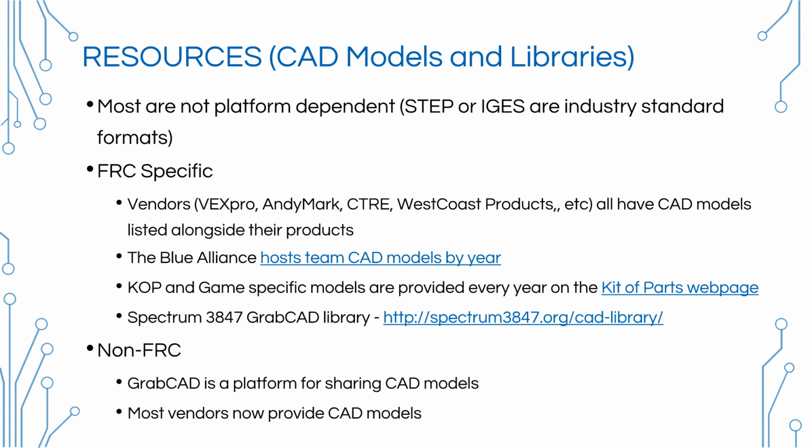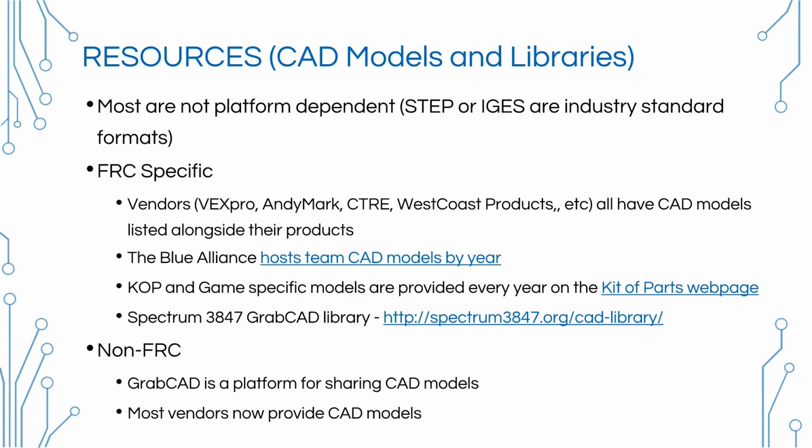For example, if you went on McMaster and you wanted to find a specific screw to make sure that it was long enough or short enough, then you can download that. McMaster is actually really great for providing a CAD model for almost everything on their online store. There are very few things on McMaster that you can't download a CAD model for. And that's really cool to be able to go and say, oh, I want to use this spacer, I want to use this bolt, I want to